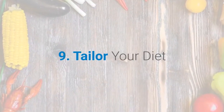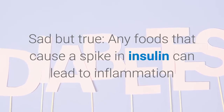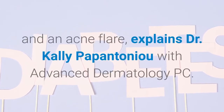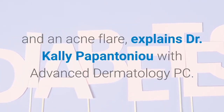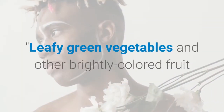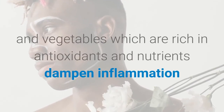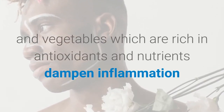9. Tailor your diet. Sad but true, any foods that cause a spike in insulin can lead to inflammation and an acne flare, explains Dr. Callie Papantoniou with Advanced Dermatology PC. Leafy green vegetables and other brightly colored fruit and vegetables which are rich in antioxidants and nutrients dampen inflammation and